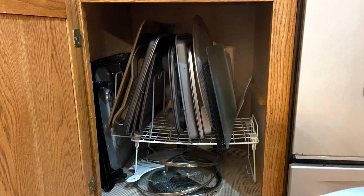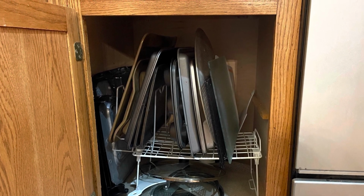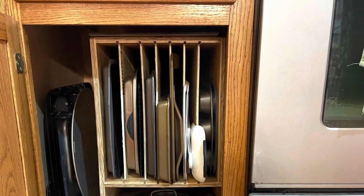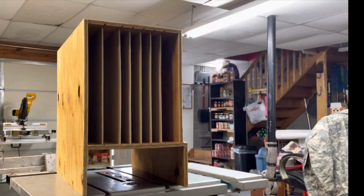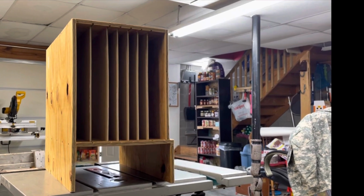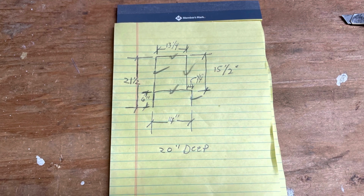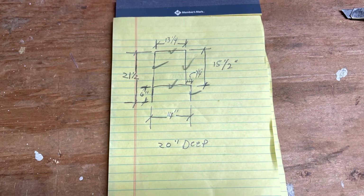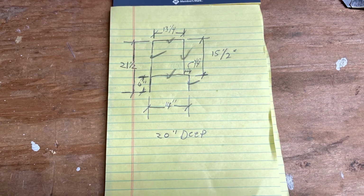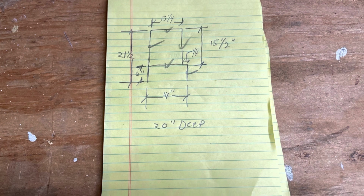Today we're going to do a DIY oven rack organizer. So we're going from that to this, and you can see the big difference in utilization of space. Right there's the insert when it's not in the cabinet, and here are the measurements. Those are taken from inside the cabinet. So everything's taken into consideration, so this will just slide in and fit in and organize cookie sheets and cutting